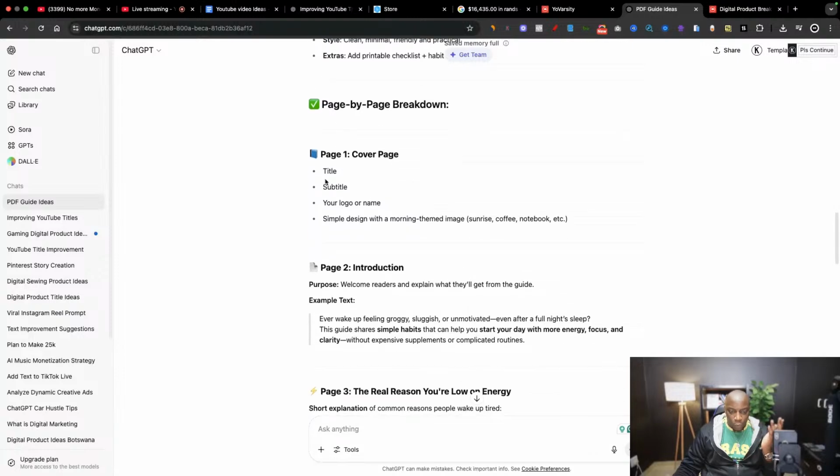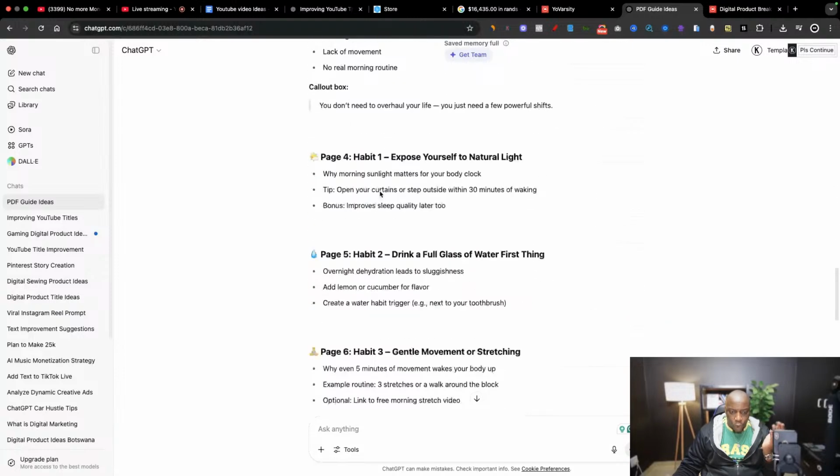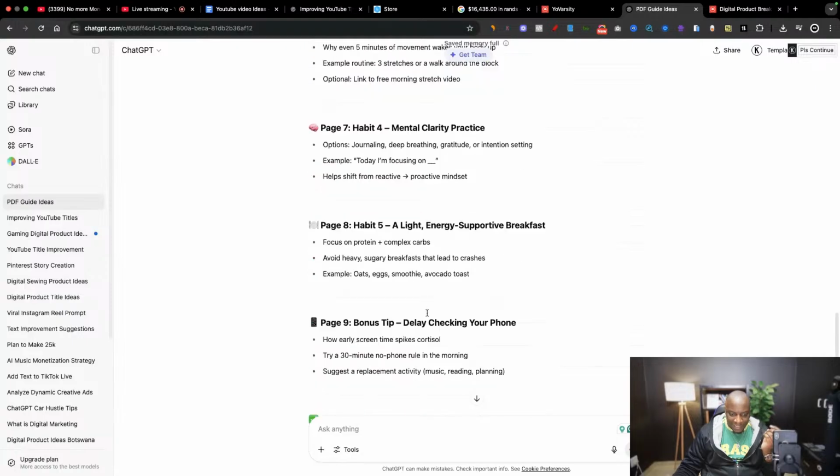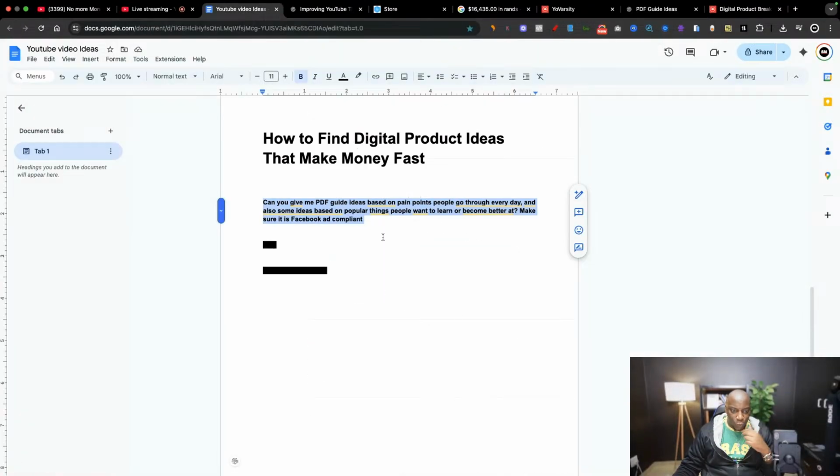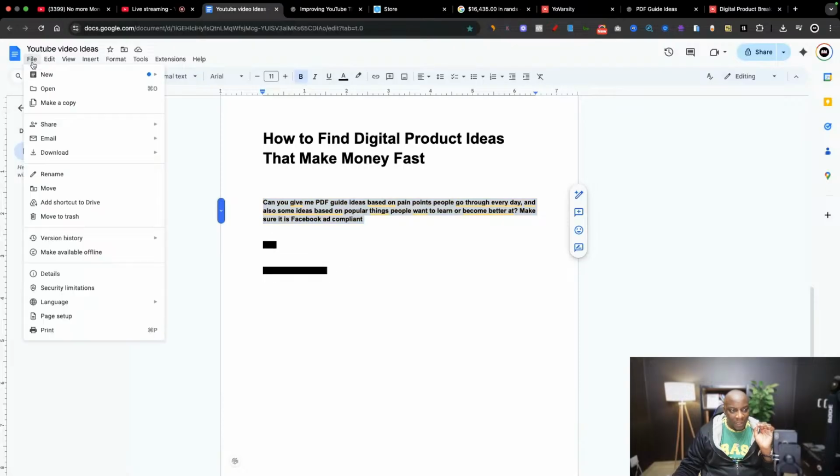Can you see it's already creating the content for you? All you then need to do is copy the content and put it into a Google document like I am doing here. I use Google Documents for writing up my content. You put it in a document, lay it out the way you want it to be. When you're done, you simply click on download and save it as a PDF. And then you're going to start selling that.